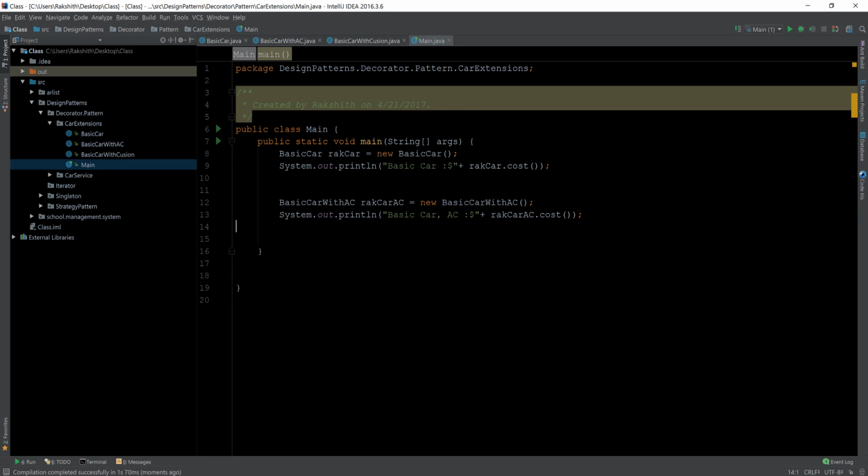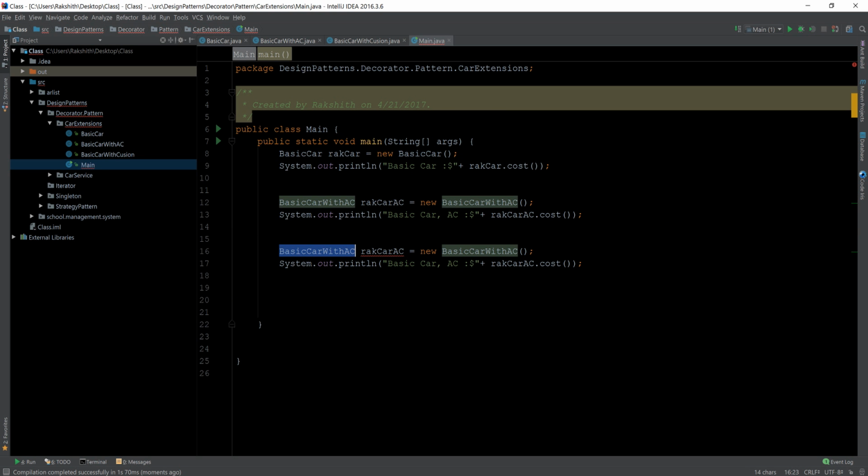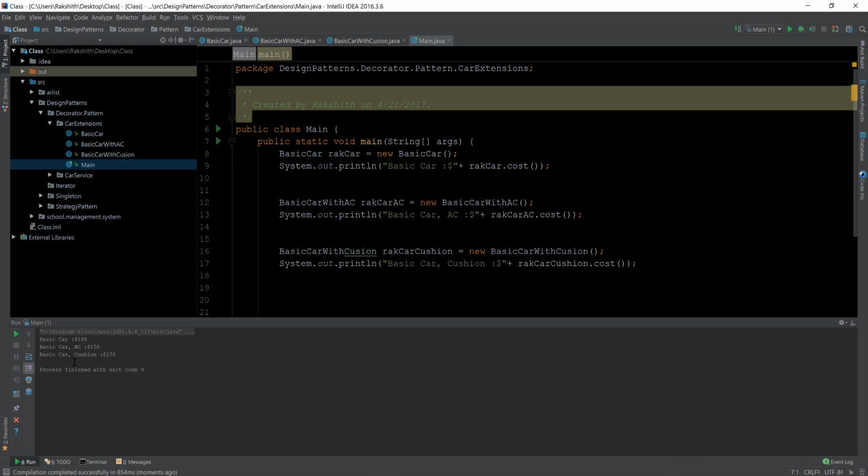Okay, now I'm going to copy this code and paste it, and I'm going to call it basic car with cushion. Then I'm going to say basic car, comma, CUSHION, and it's going to cost the rock car cushion dot cost. Now this time if I run, I am going to get basic car, comma, cushion, which is $170,